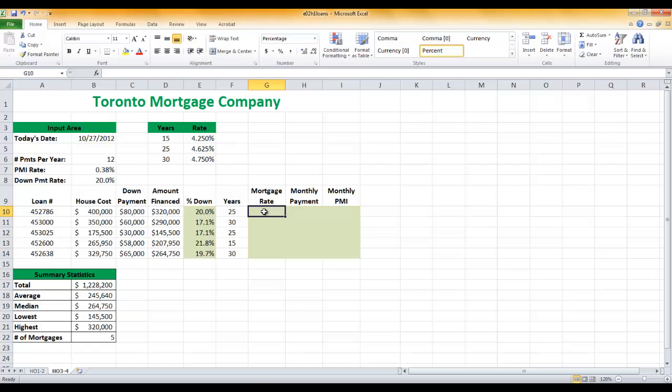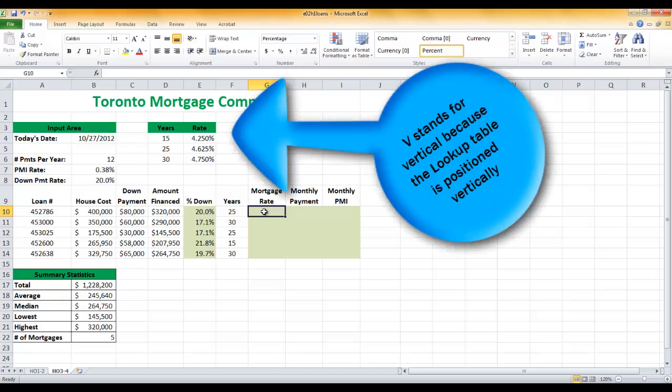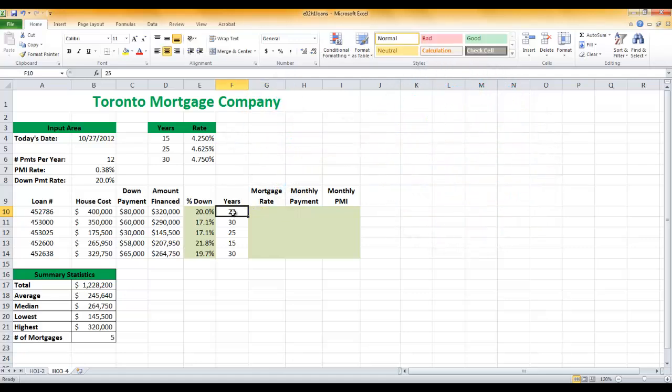We're going to use the function called VLOOKUP, V standing for vertical. We're going to take our years, look it up in a table which is located in the range of D3 to E7, and it's going to return the value of what rate it is based on the years that we're asking it to look up. So the VLOOKUP function accepts a value, looks the value up in a vertical lookup table, and then returns the